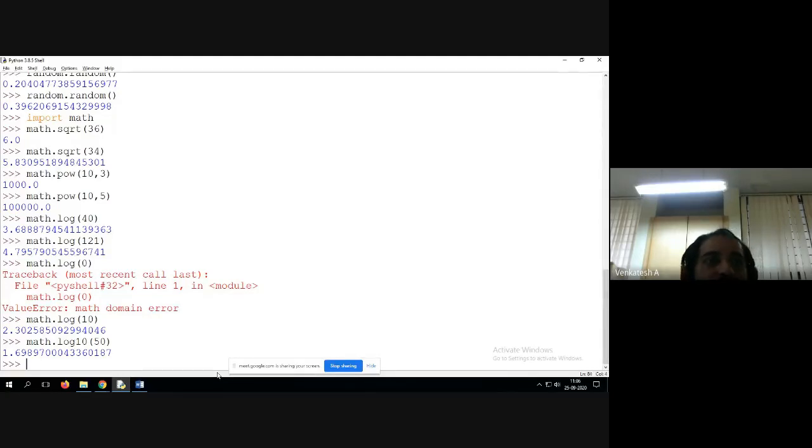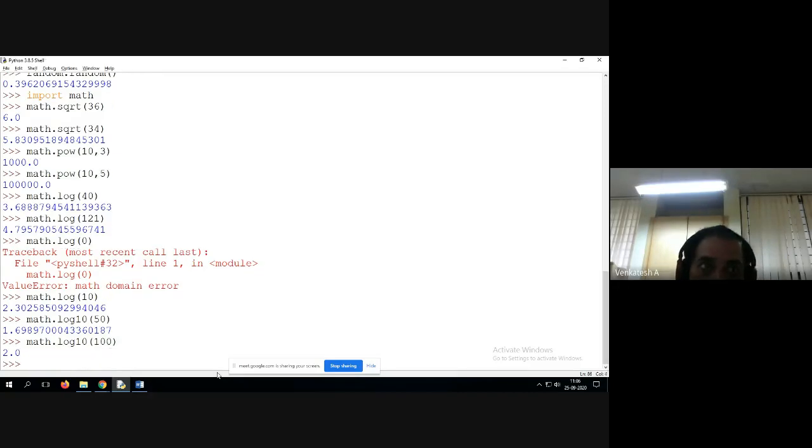If you do not calculate like this, what is the other alternative? We should have the logarithmic table. Using that table, we have to find the values manually. So Python provides a solution for that as part of the math module. By using math.log10 of some value, we can do it like this. Log base 10 of 100 is 2. Like this. I have given you the notes. You can check it out.